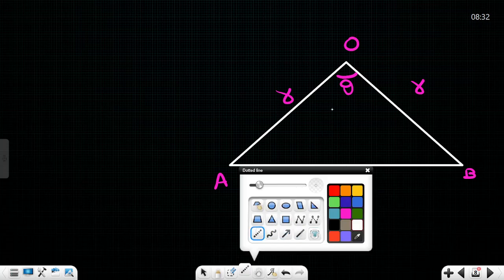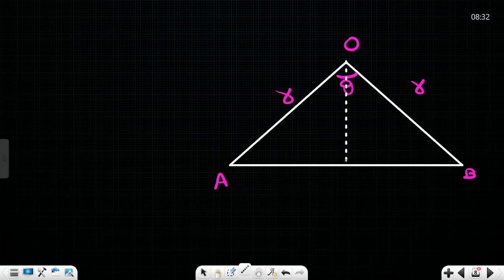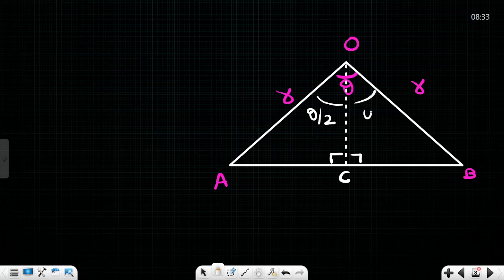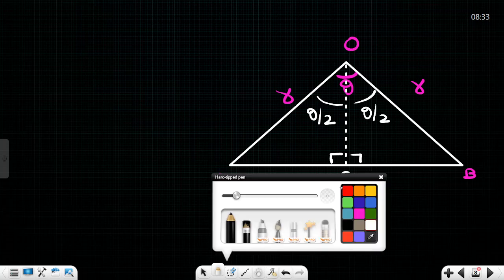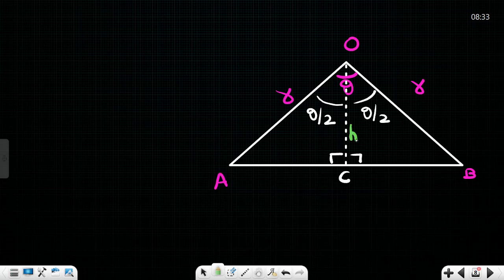We are going to drop a height. Call this point C. This is 90, this is 90. And this is an isosceles triangle. Therefore, this angle will become half of theta, and this angle also will become half of theta. Correct? And now this length will become the height of the